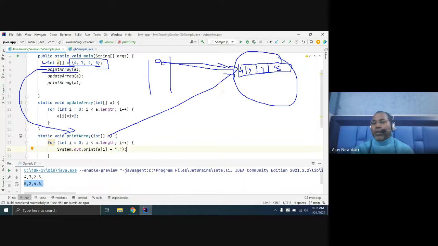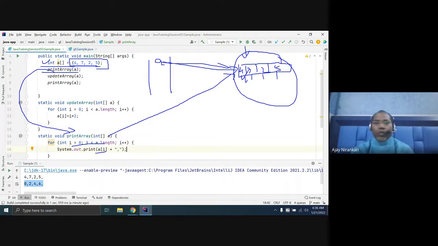Now this is the shared variable. Here you are printing a of i, this value, and again the next value inside the loop till length. So you are printing all the values one by one.